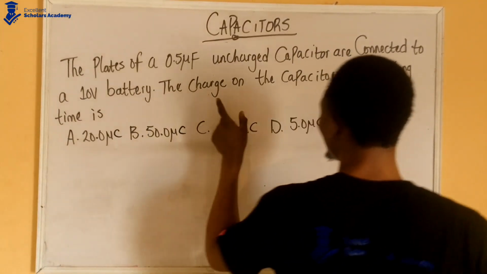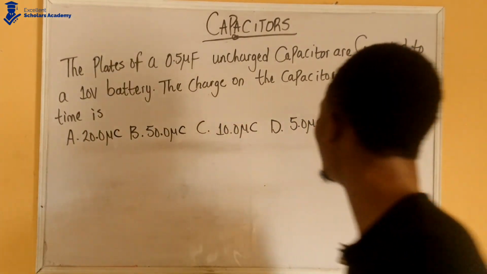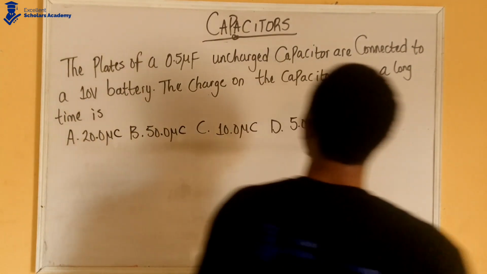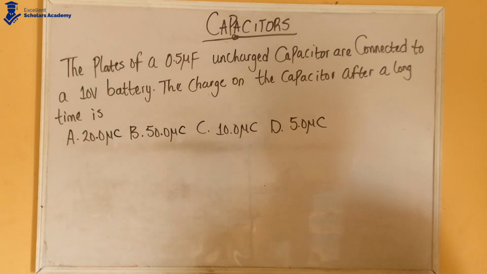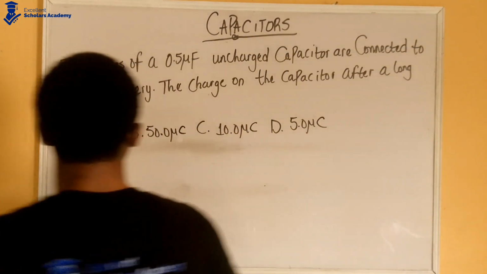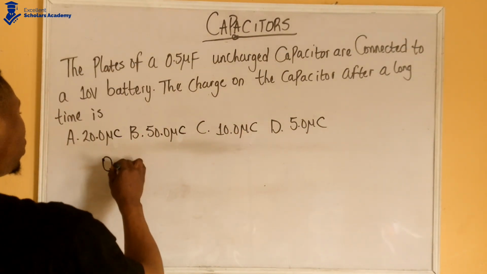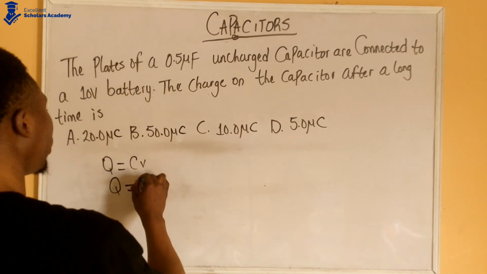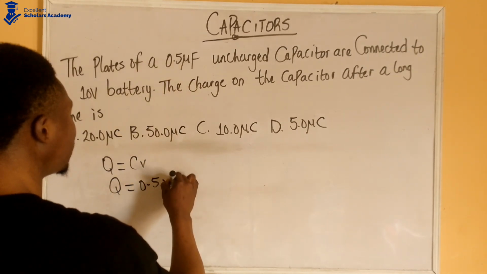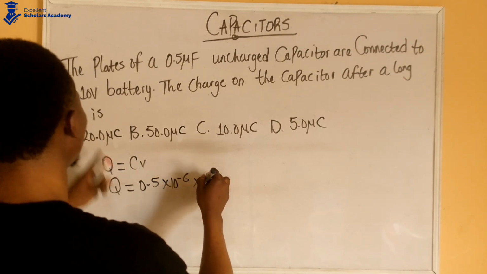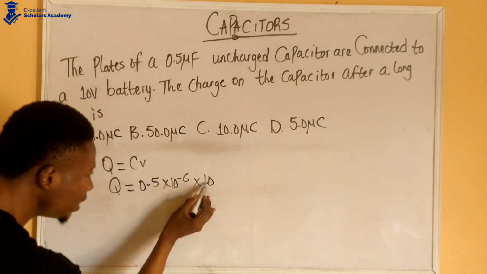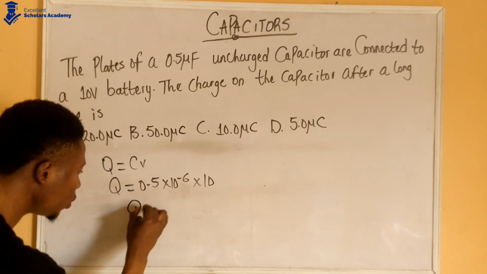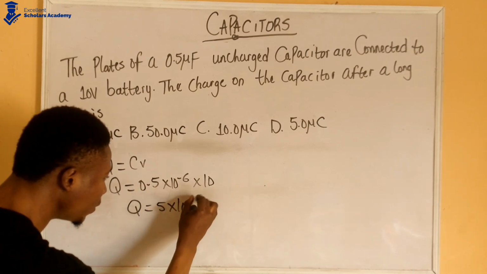The plates of a 0.5 microfarad uncharged capacitor are connected to a 10 volt battery. The charge on the capacitor after a long time is, now charge, that's Q, is CV. So this is simply going to be, the capacitor is 0.5, although we have micro, that's times 10 to the power of minus 6 multiplied by the voltage 10. Now just know that this 10 here, you can shift this point forward, so you are going to be left with 5. So Q is going to be equal to 5 times 10 to the power of minus 6 coulombs,